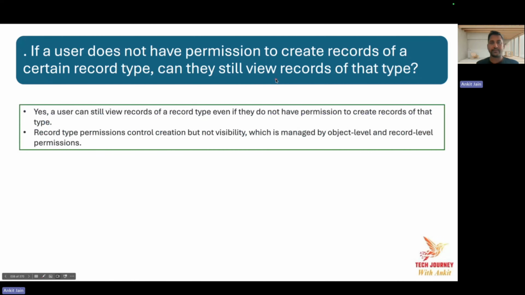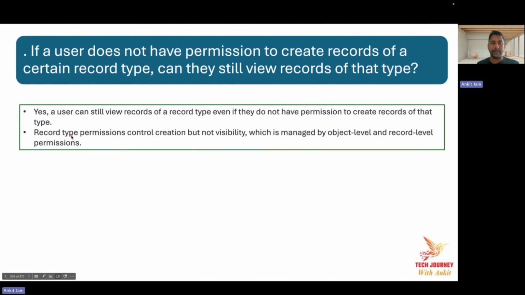Even though a user does not have access to that particular record type for creation, they can still view the record. A user can still view the record of a record type even though they do not have the permissions to create the record of that record type.